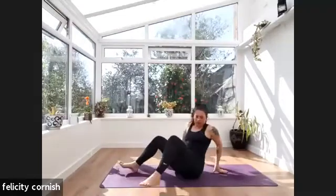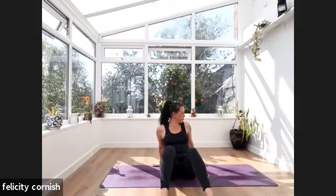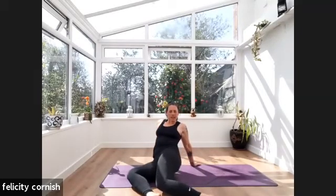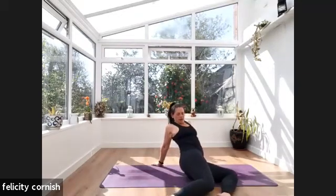Bringing your, I'll face this way for now, bringing your feet wider. Your hands can just be placed wherever you're comfortable here. So they can be fingers out to the side or fingers in towards you. Just like we did at the beginning of the session where we were just rolling the hips, we're going to do that again. Okay, but really allow yourself to sort of lift through the hips, rolling one way and the other. So you're really starting to get this twisting through the legs,